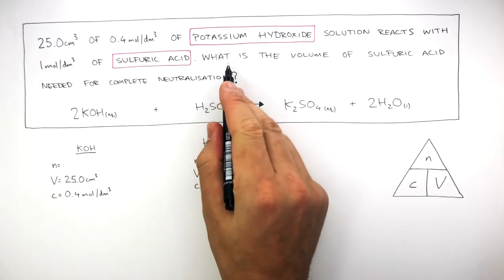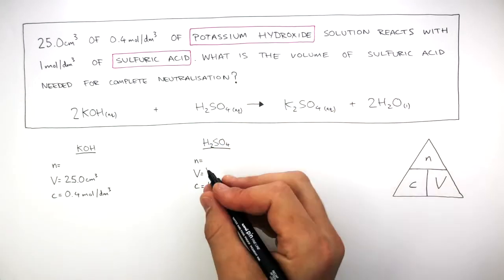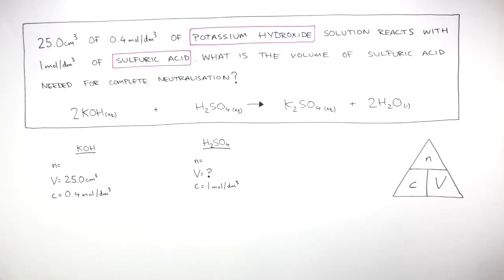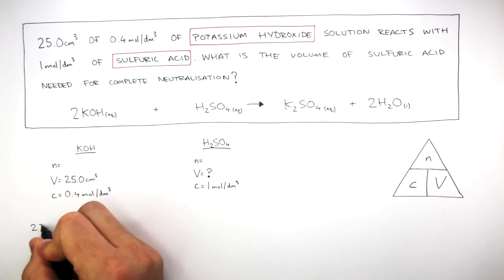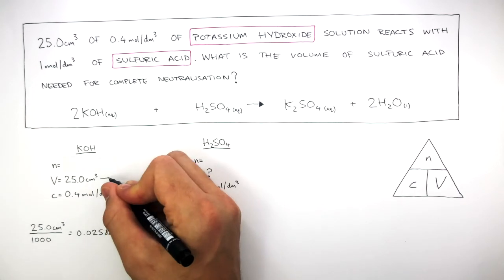And then the question says, what is the volume of sulfuric acid needed for complete neutralization? So we write a question mark next to the capital V, volume, under H2SO4, as this is what we're trying to figure out. Because we've been given the volume in centimeters cubed, and the concentrations in moles per decimeter cubed, we have to convert the 25 centimeters cubed into decimeters cubed. We do this by writing 25.0 centimeters cubed divided by 1000 equals 0.025 decimeters cubed. So here we now write